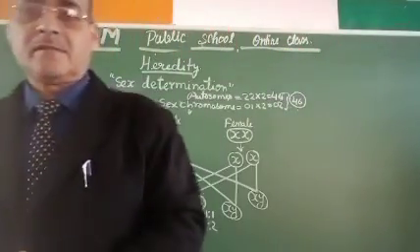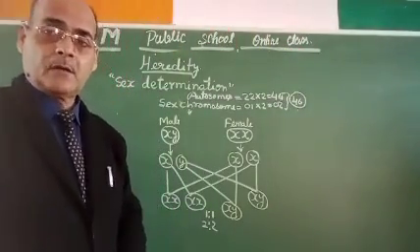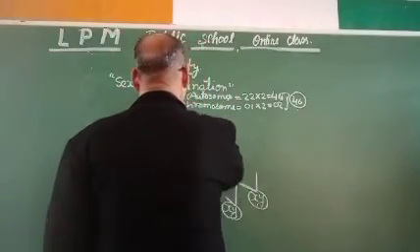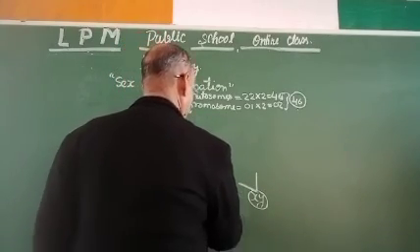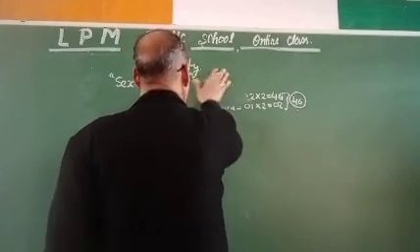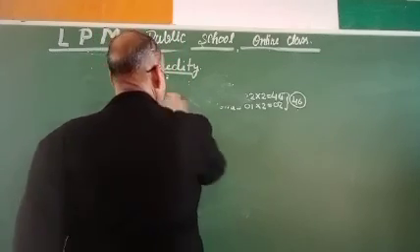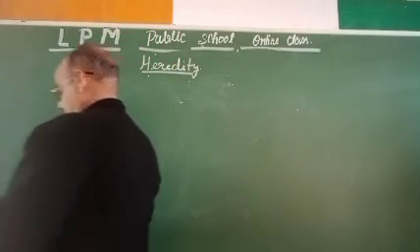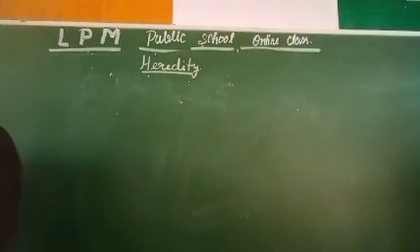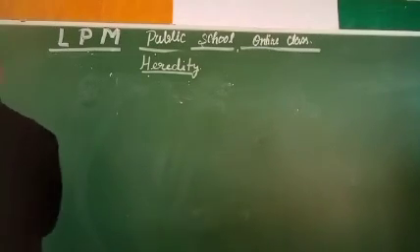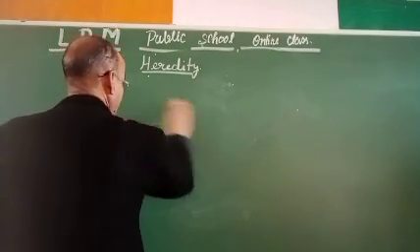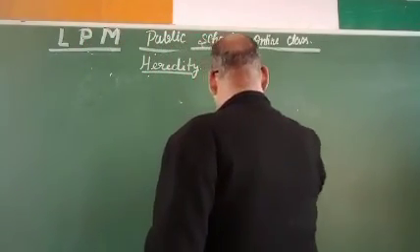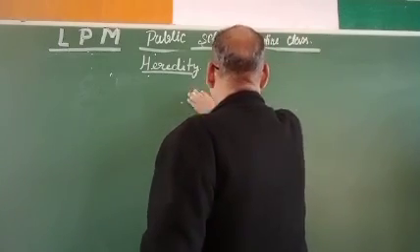Now come to the next topic, and that topic is blood group inheritance. Next topic, blood group inheritance. See what is going to happen in this topic. Blood group inheritance is very important as far as blood group is concerned. How the blood group gets inherited into the different generations, into F1, F2, F3, F4, and so on.